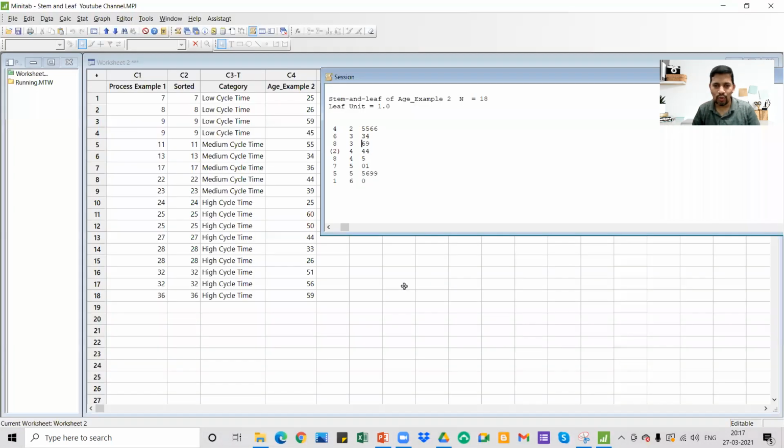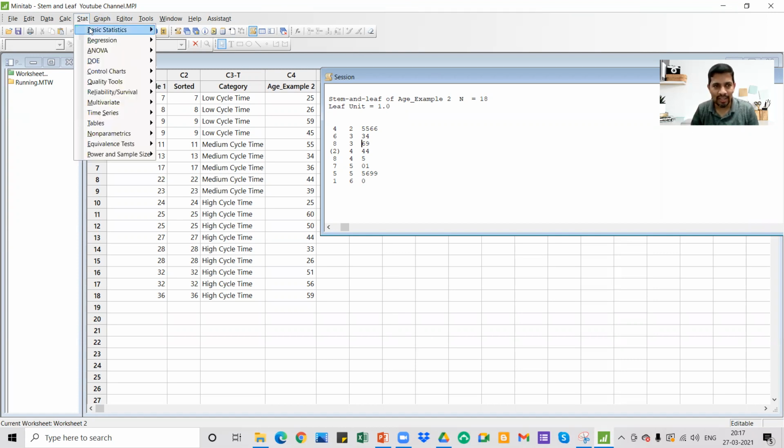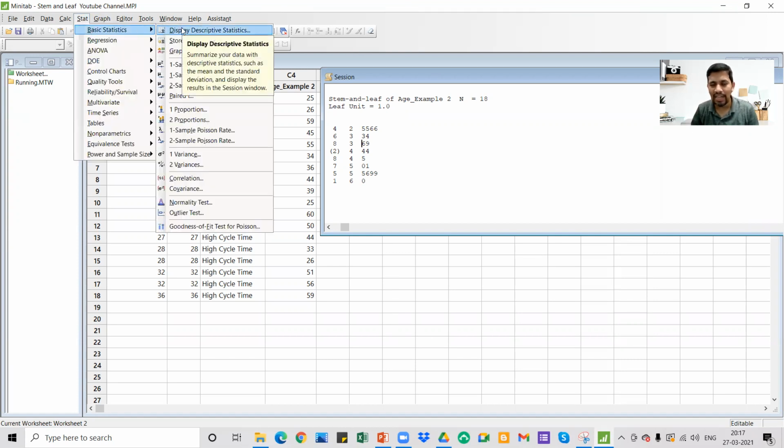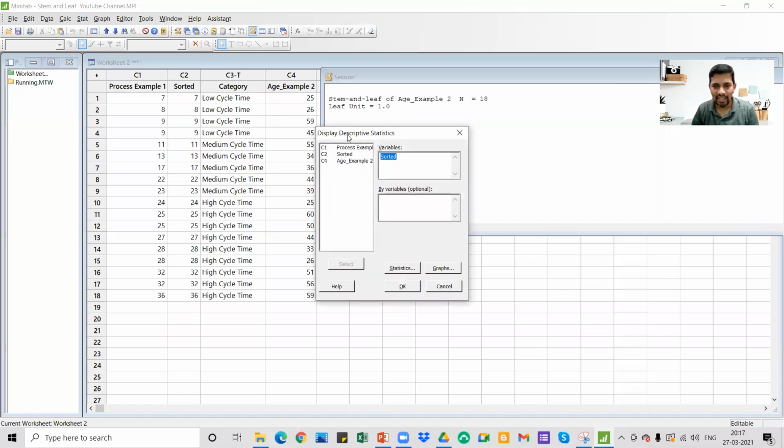So let's go to another one. What I generally do when you have such data, we wanted to find out, in a little bit more detail, how the quartile 1 comes, quartile 3 comes. Go to Statistics, Basic Statistics, Display Descriptive Statistics. In that one, I'm going to give F3 and find out age-wise.